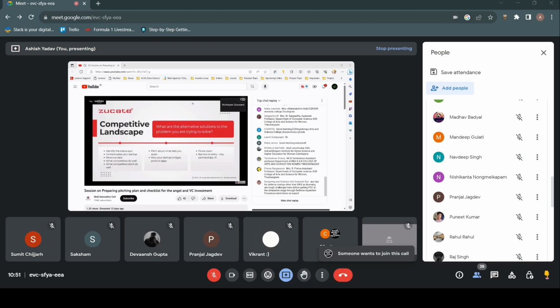Then talk about what sets you apart, and also talk about how your startup bridges those product gaps that are already there in the market. So competitive landscape is not talking bad about your competitors. It is just establishing your position against your competitors, so that you are proven, you have a supremacy over your